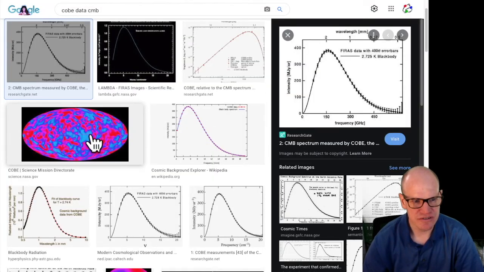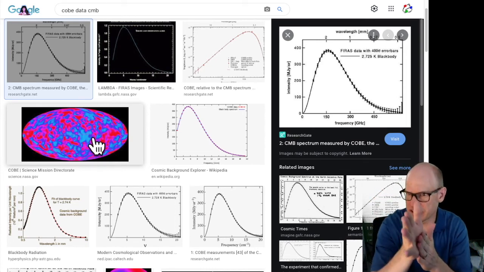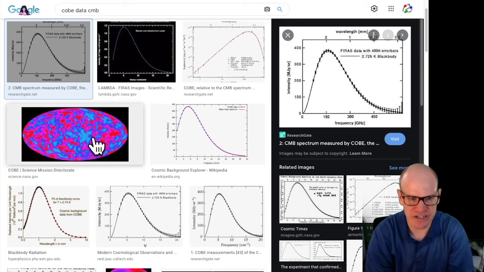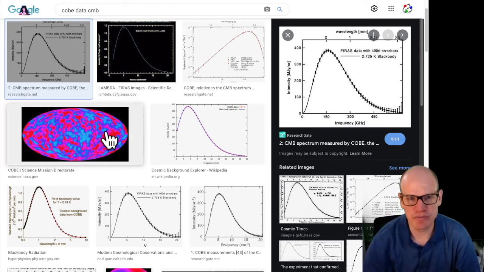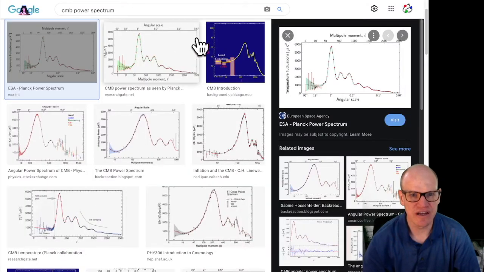This is the pattern that they saw in the fluctuations. In certain parts of the sky, you get a slightly different temperature than other parts of the sky. And then that was improved upon with subsequent data, including the Planck data. So that is the cosmic microwave background. We can use this information to understand how the universe itself is built, how much total energy there is in the universe.